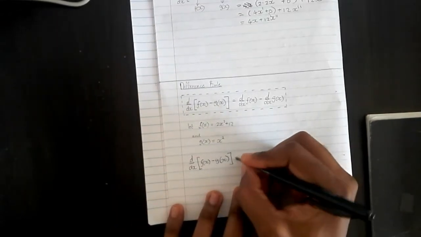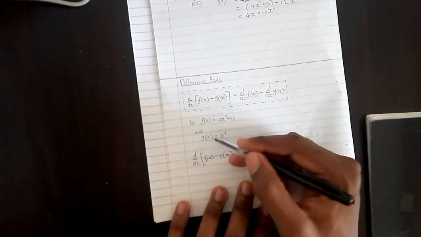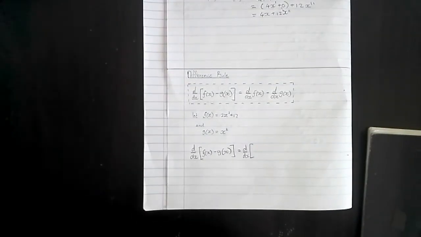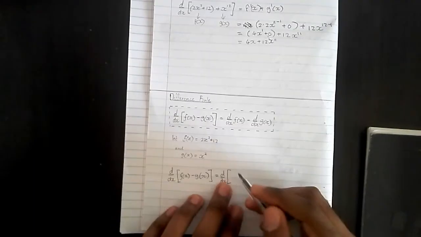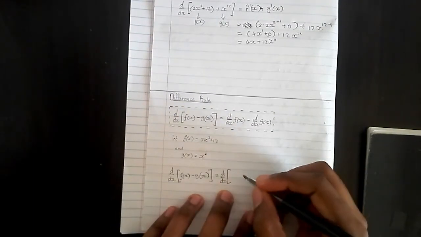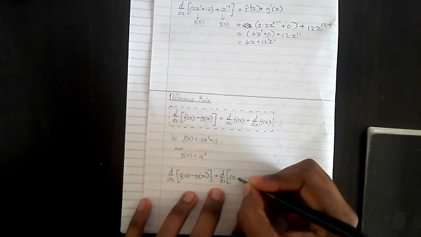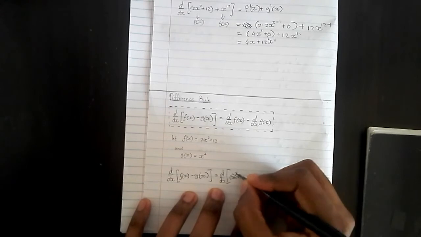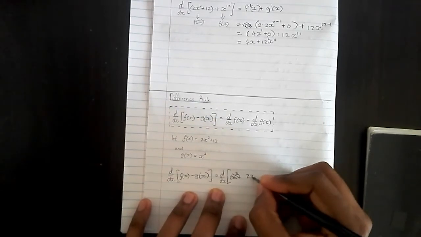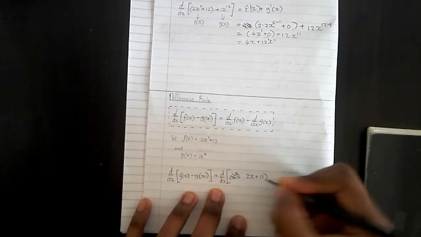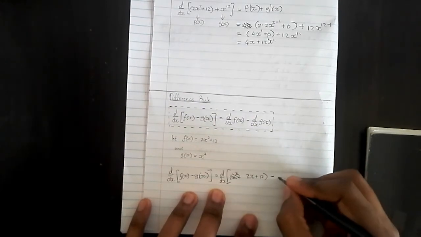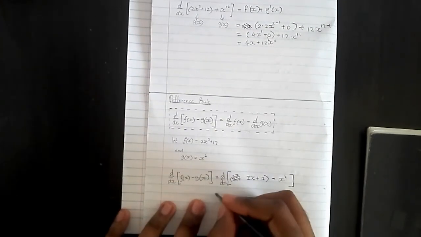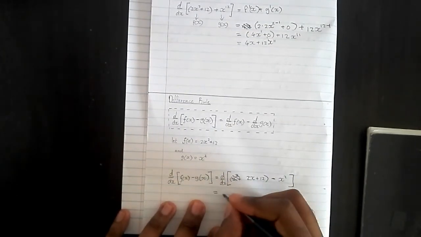So let's fill it in. Let's put in f(x) and g(x), see what we have. d/dx, sorry about that, battery died. d/dx of 2x squared plus 12 minus x squared equals